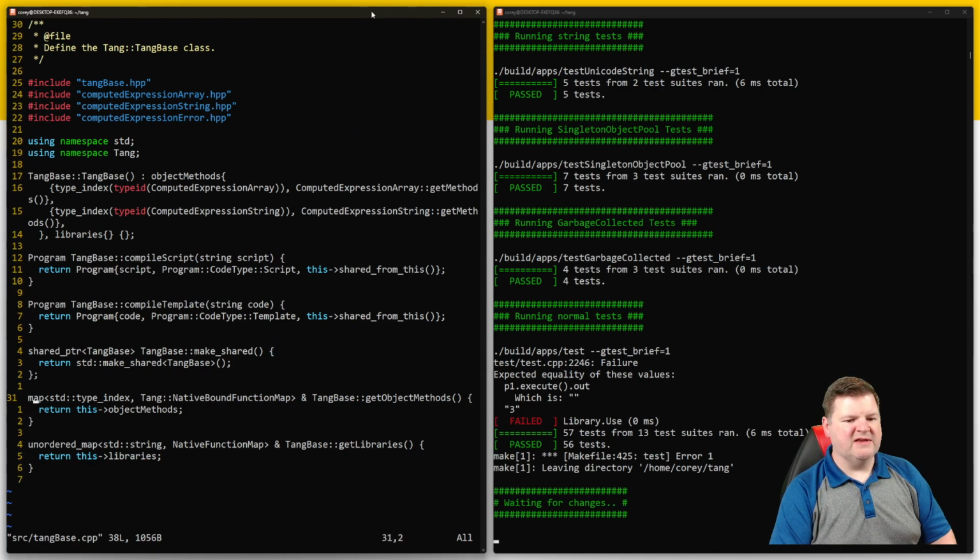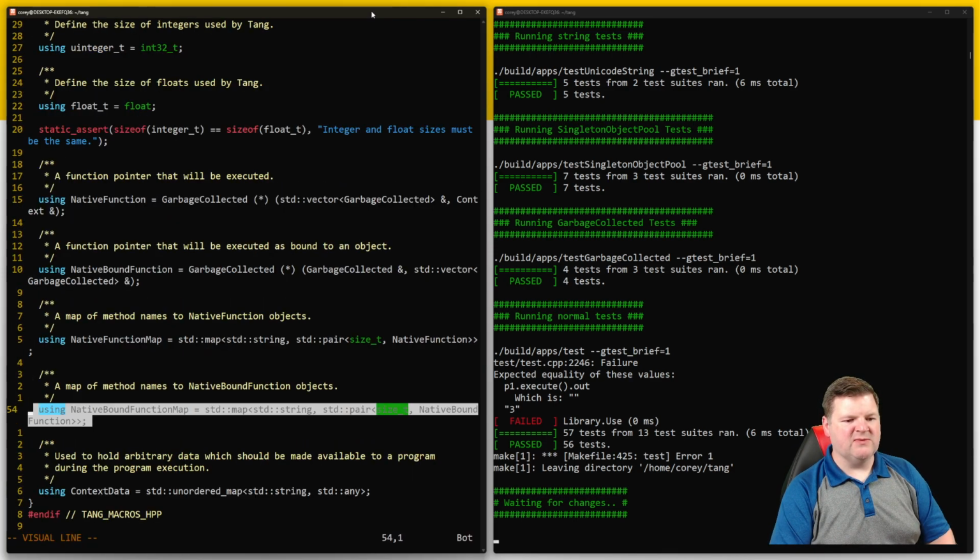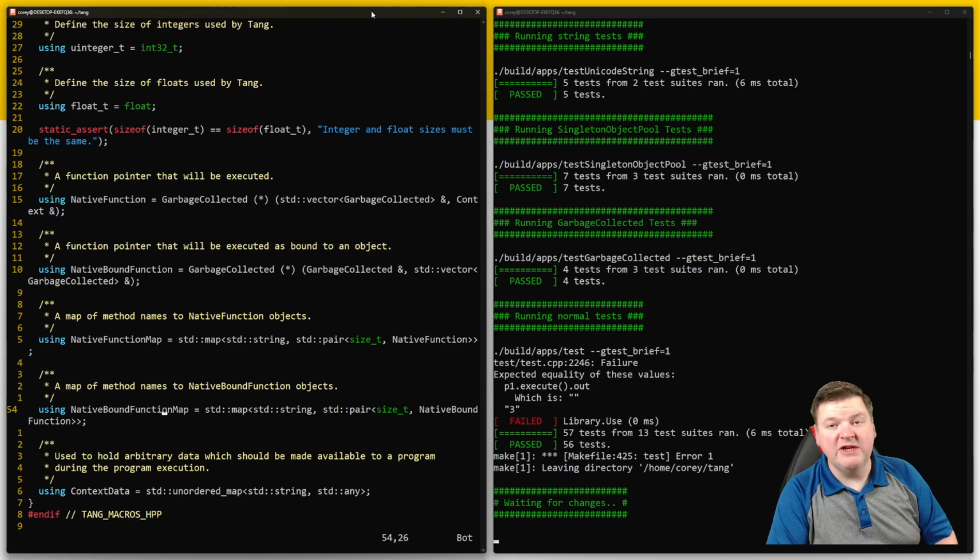And in fact, if we one more time edit the source for Tang base, right here the get object methods, it's a type index, so mapping a type to a native bound function map. What is a native bound function map? That's this right here, and that is so for each function, for each type,